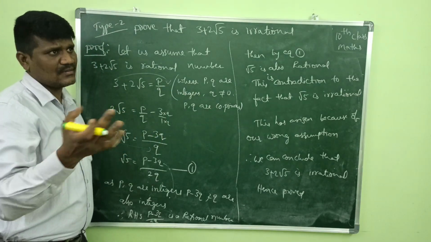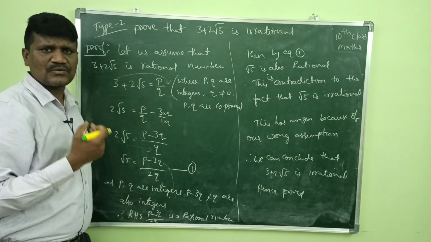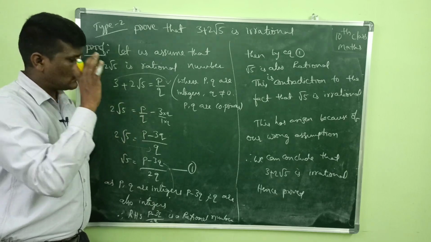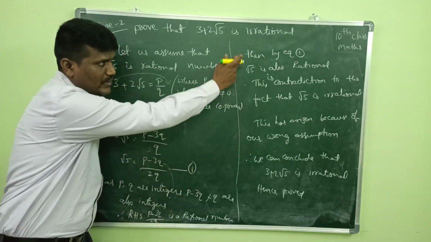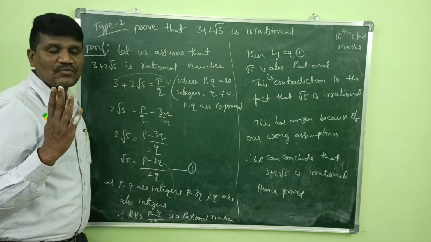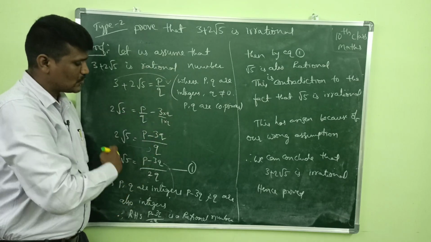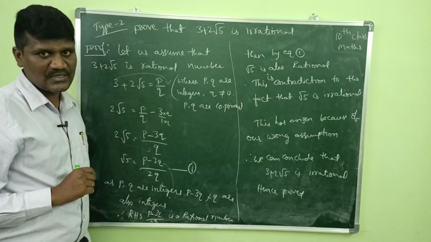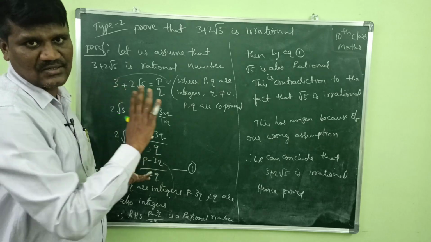So I'll attach the previous year questions. I think there are around 5 to 6 previous year problems that you can solve. The only change you need to make is the numbers, every other word you should write, because this is a 4 mark question. The wording is more important than the calculation. Calculation is only 1 mark, the remaining 3 marks are for the wording. So this is definitely a most expected 4 mark question from this chapter.